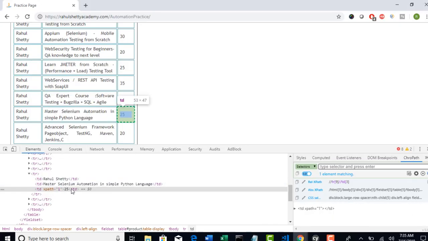But here if you want to move to 25, this is not parent, this is sibling. Both share a common parent, so obviously it's a sibling. So how do you immediately find the next sibling in Cypress? If you are on the second TD and you want to find the very next TD, there is a method called .next in Cypress